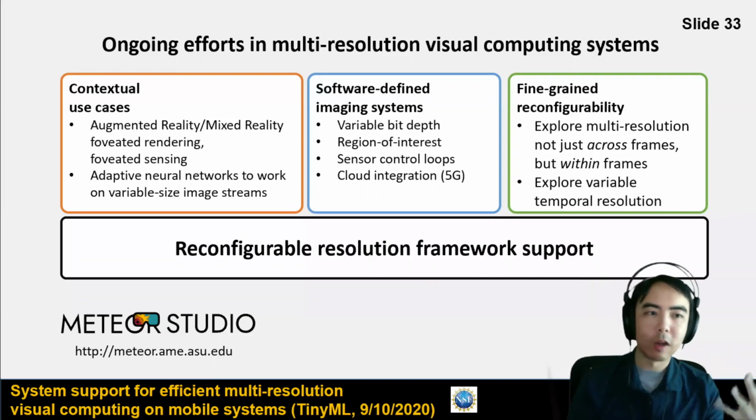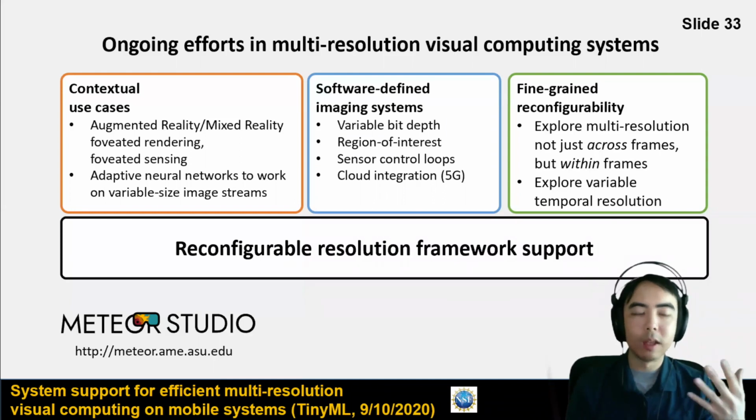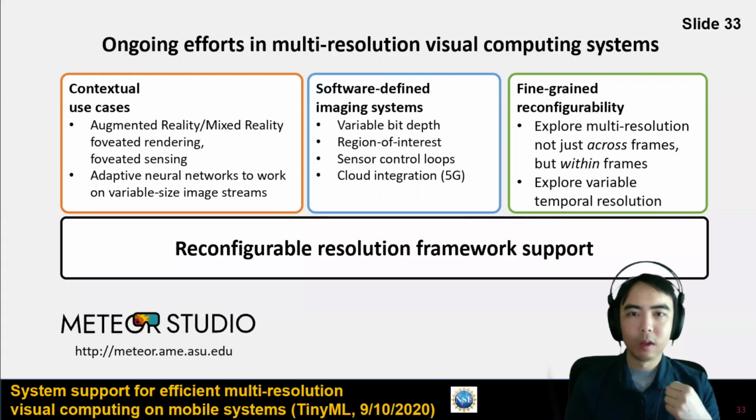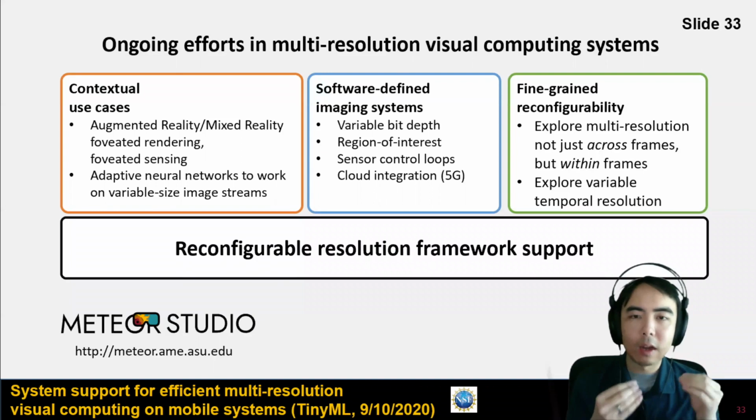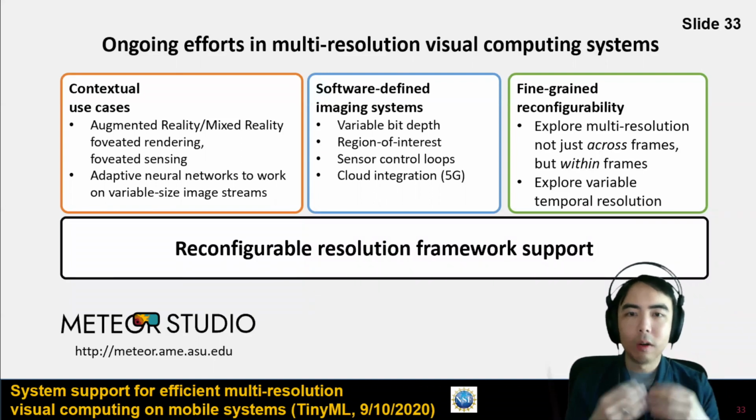And part of our software-defined imaging effort with Suren and with Adrian Sampson from Cornell is how do we specify these as well, right? How do we insert these into the programming language, and how do we insert it into the programming ethos of visual computing application developers? How do we allow them to specify at high granularities where they want inside of the frame to be able to do things at high resolution and low resolution, and even high frame rate and low frame rate.